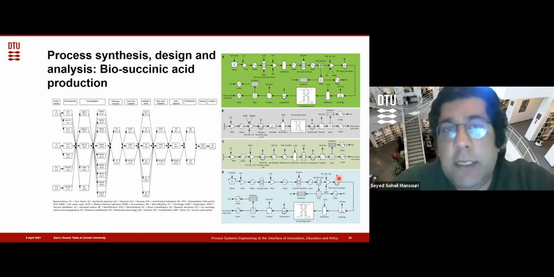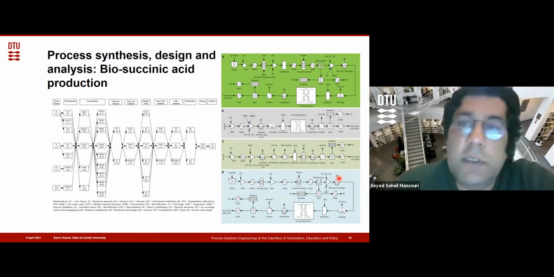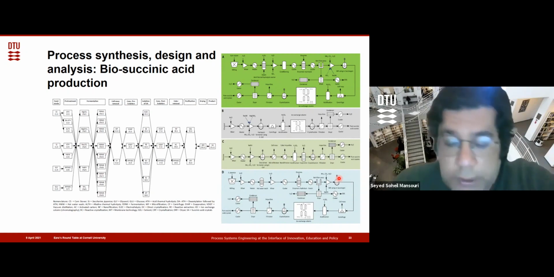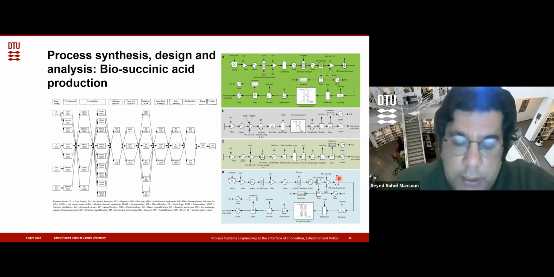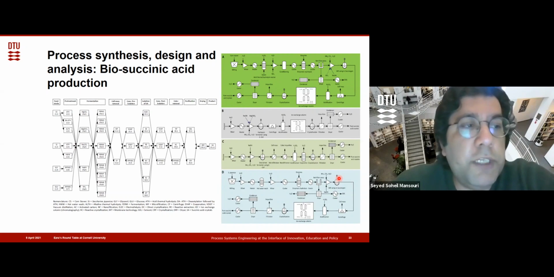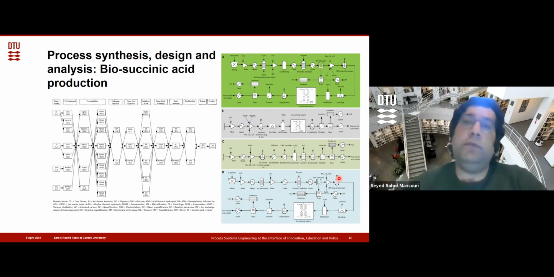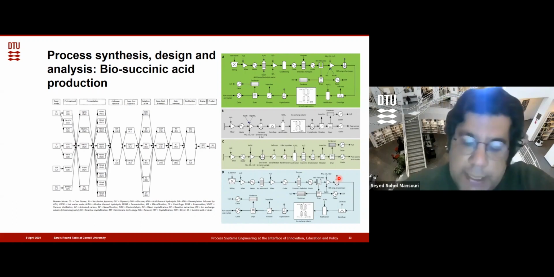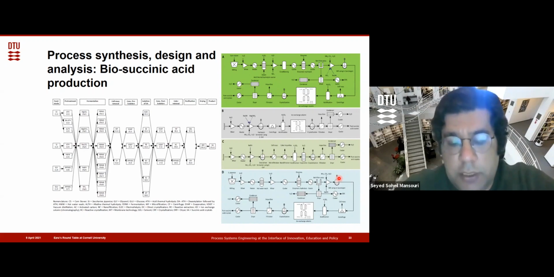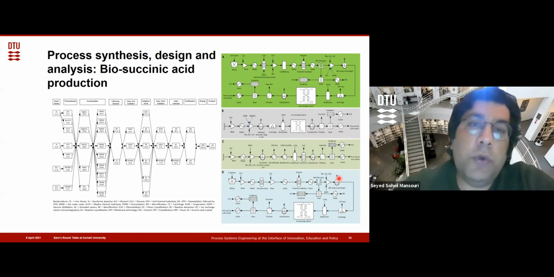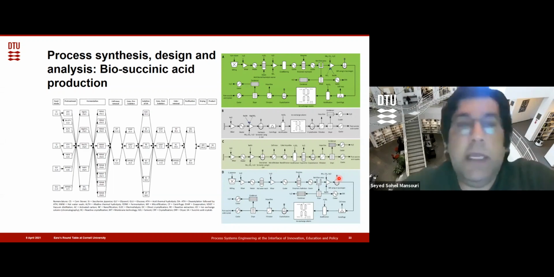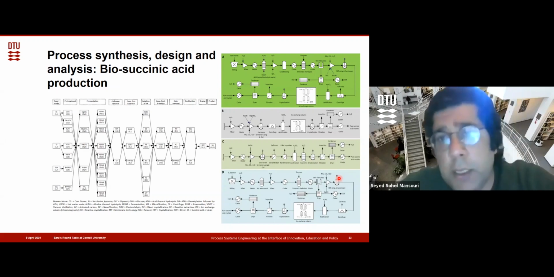Biosuccinic acid is identified as one of the 12 most important chemical building blocks, the succinic acid. However, succinic acid today is produced from petrochemical resources, whereas it's been a few years, maybe more than 2 decades actually, that biosuccinic acid had become attractive as a bio-based commodity product. However, one thing that we realized was that the 4 commercially available biosuccinic acid plants have either gone bankrupt in the past few years due to the oil price fluctuations, or they are struggling economically. One of the examples is the BioAmber company